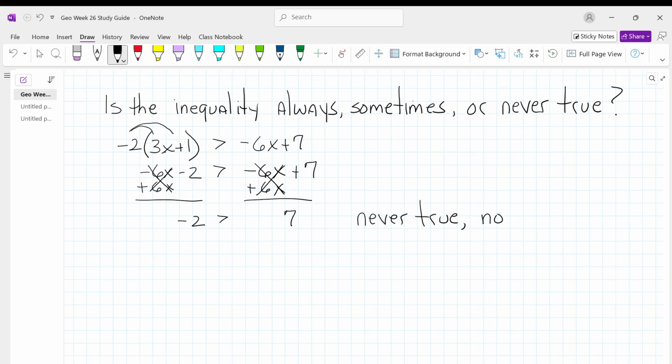There is no solution. If you get to this step and the information is just incorrect, the values, they don't work. All right? That's no solution, and it's never true. Everybody okay with that? Yeah. All right. So then let's look at